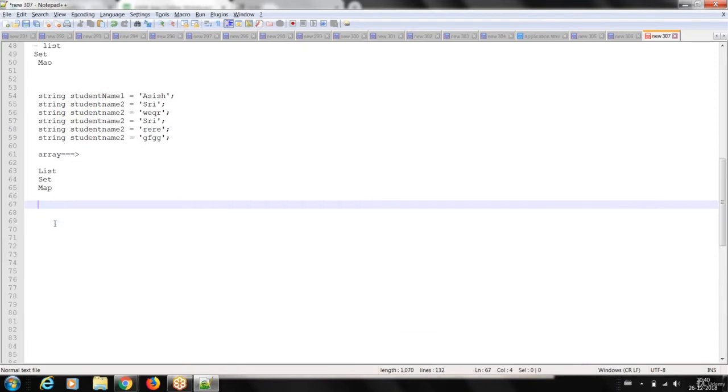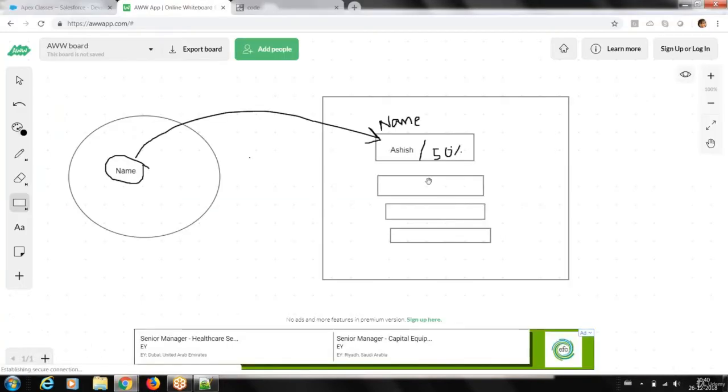If you declare the variables like this, in memory it created individual memory spaces. But if I store in a collection, what will happen? In the collection, it will create exactly one memory for us. Instead of each individually, it will create only one memory.